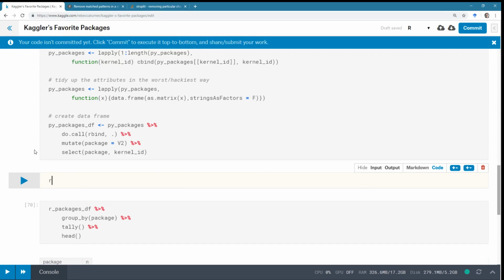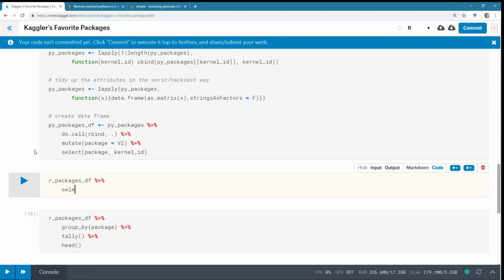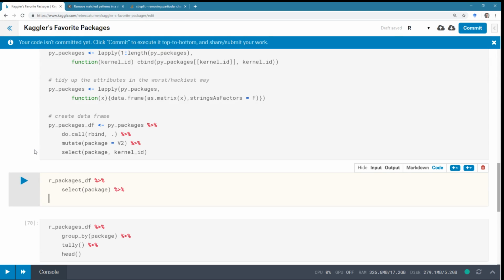So let's select package and then str_remove, and I believe stringr is in the tidyverse meta package that we loaded in, so we don't have to load it in separately. And then all we have to remove is that character, and then let's, oh no, just one of them.